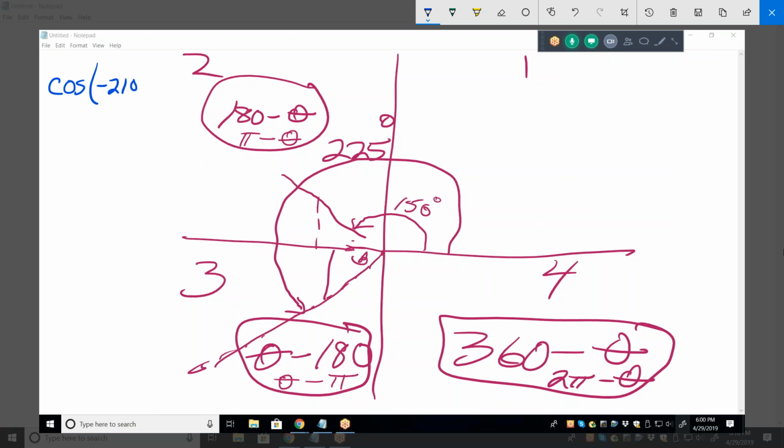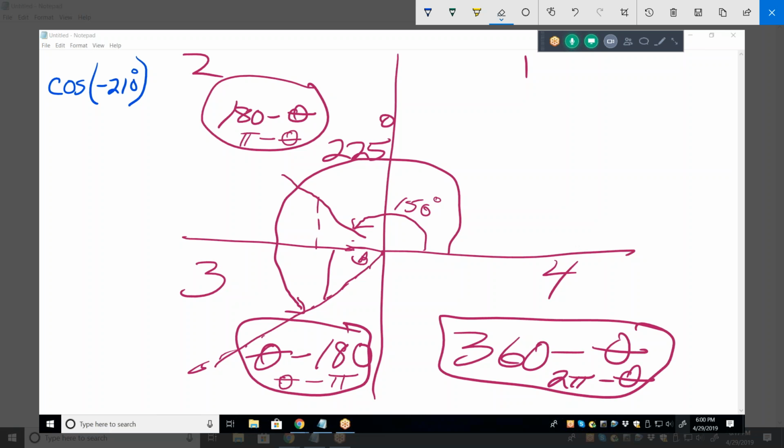Okay. First of all, that's not a times. Any more than when I say that's not f times x. That is f of x. When you take trig functions, you take trig functions of angles. So it's cosine of -210 degrees. And the way we're going to figure that out is